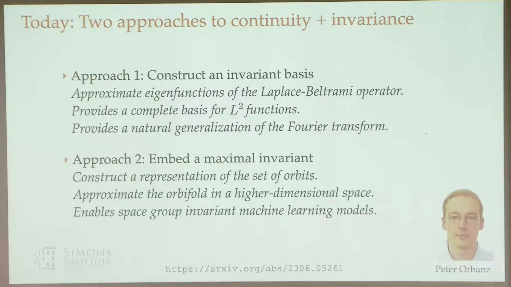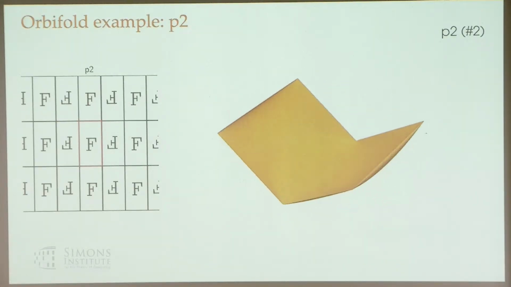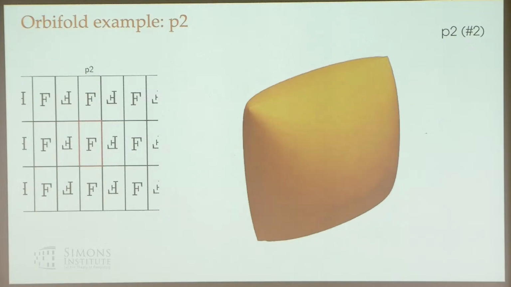But what I'm going to tell you about is two different approaches to building these kinds of functions. The first part is going to be a very applied math, spectral graph theory view of the world. And then the second is going to be a very machine learning-y kind of thing: how would we build a neural network that has these kinds of invariances? They're going to be interrelated and use some of the same machinery. And the main object that we're going to be trying to build is a thing called an orbifold.